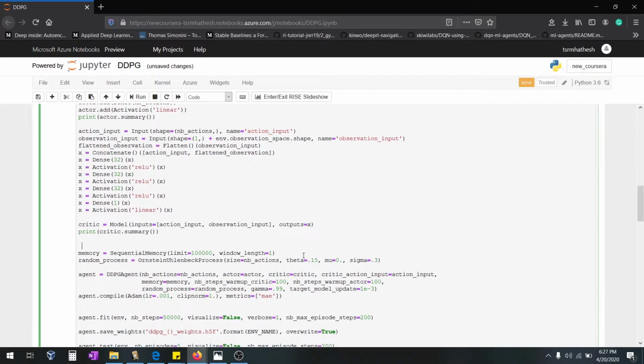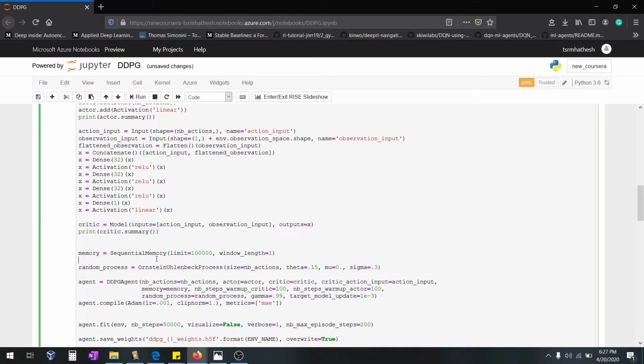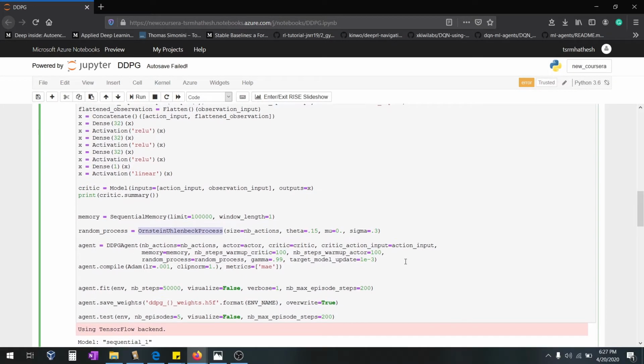Sequential memory stores all the previous training experiences. Once the limit has been exceeded, the new experience will override the old experience. This other function gives a random action to be taken, like a random function.